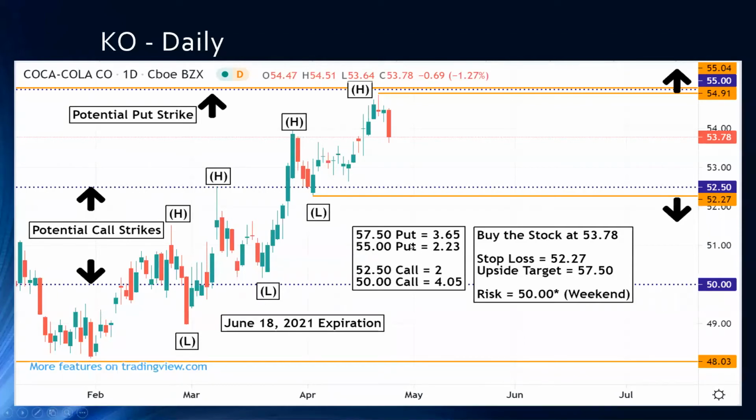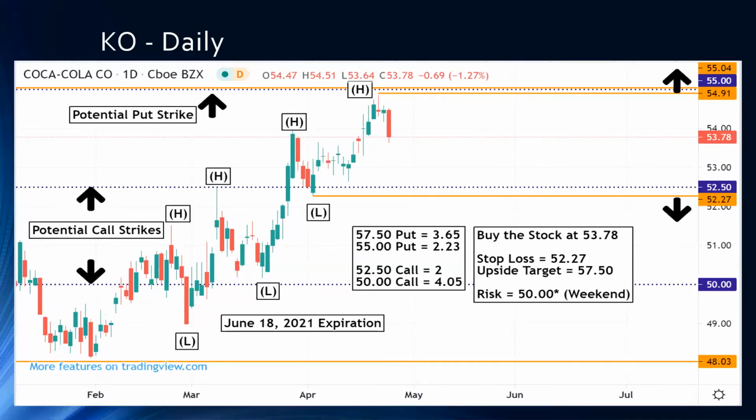Also, these would be our puts because they're above the current market price of 53.78, at the time of the slide, excuse me. The 52.50 and the $50 are also calls. These are the strike prices to the downside. So now if you were to buy the stock at the time of the slide deck, 53.78 would have been the price per share,